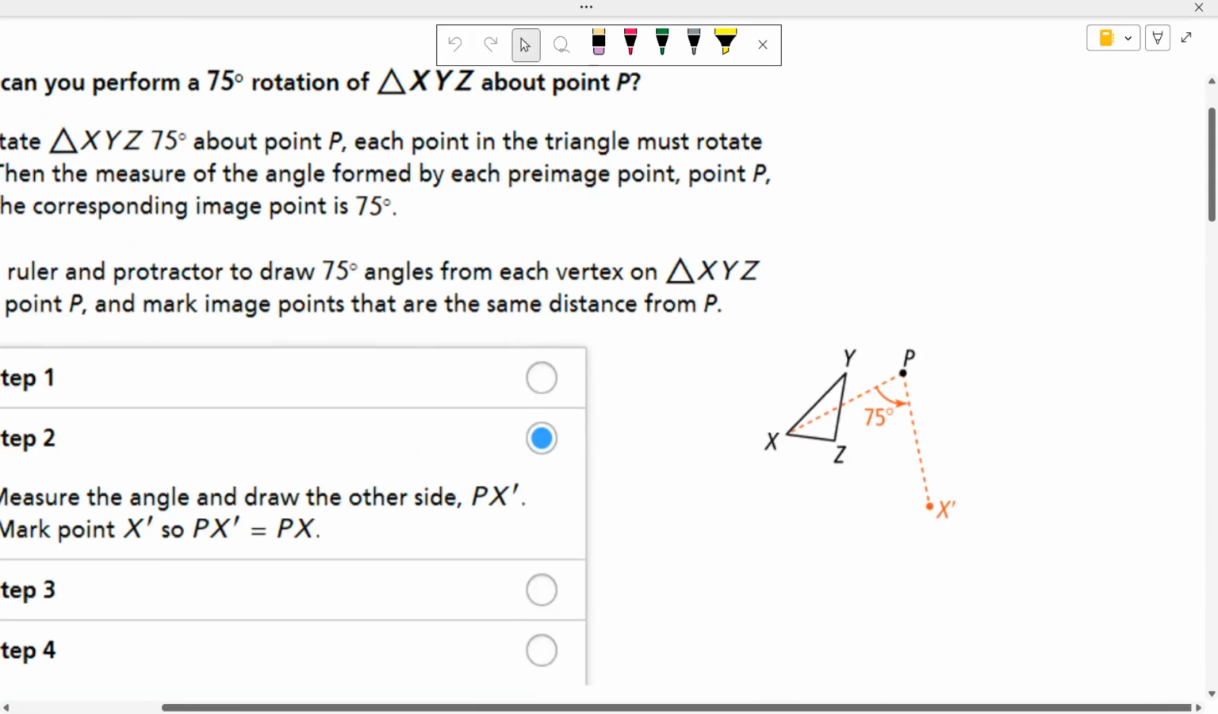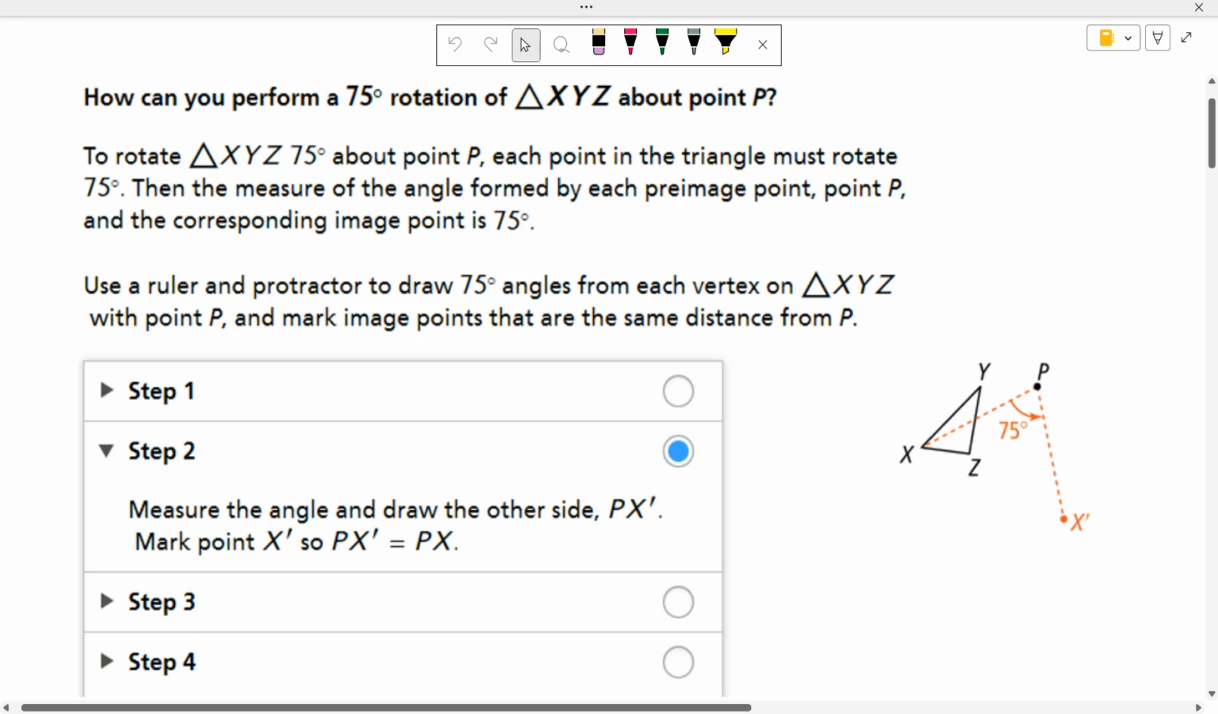Okay, rotations. Rotations are a little bit more difficult than reflections and translations. Rotations are a turn. You turn them about a point called the center of rotation. So this is turning 75 degrees around point P. Okay, so when you turn that,